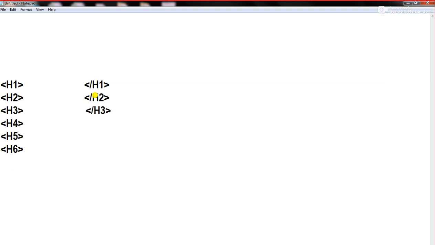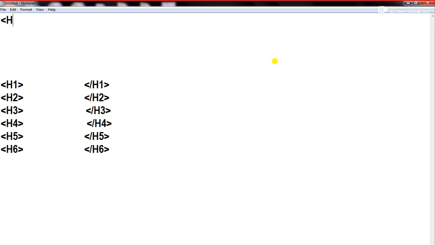And the next is H4. I will explain all these things, that is, the difference between using these heading commands, right? This is H5, slash H5 command, here H6, and we are going to close this H6. In this program I will explain the heading tags from H1 to H6, right? So now I am going to write my program from the beginning.